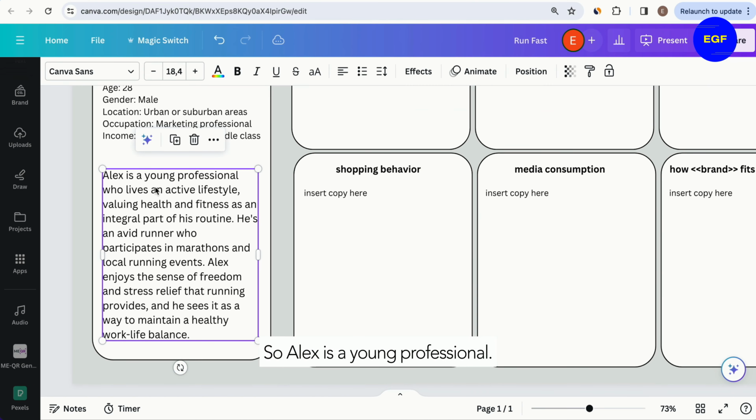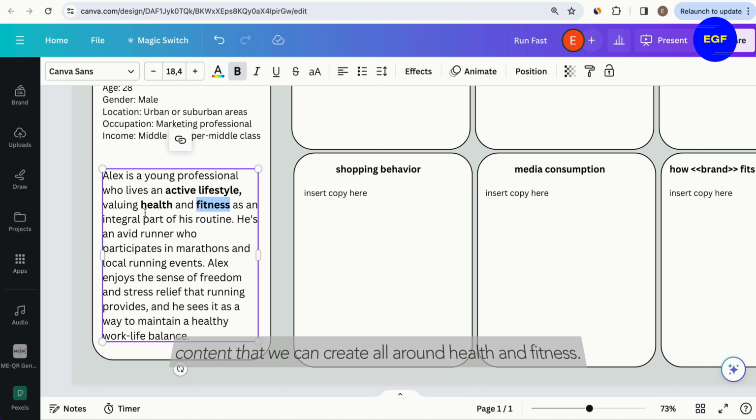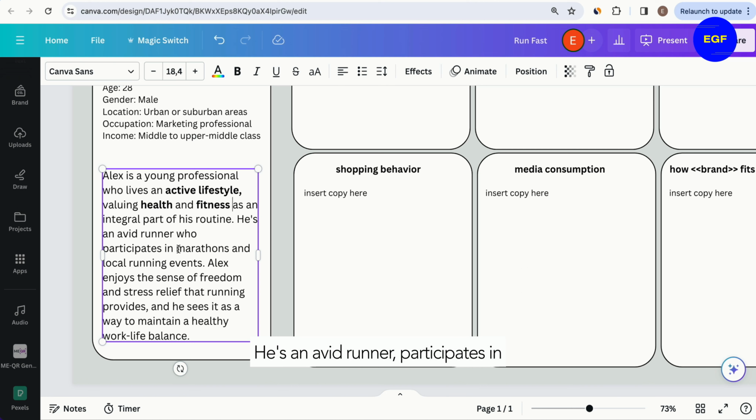So Alex is a young professional. He lives an active lifestyle. Cool. Valuing health and fitness. So this gives us an idea of the kind of content that we can create all around health and fitness. He's an avid runner, participates in marathons and local running events. So again, perhaps we can create a marathon training program that is a lead magnet for this customer. Perhaps we partner with local running events and organizations to be able to reach this target